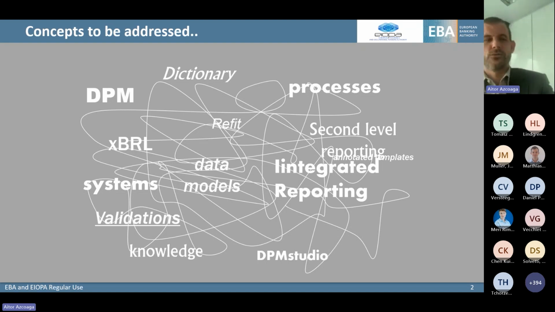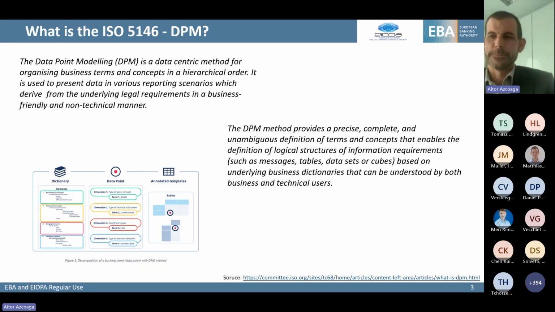I hope that we are going to be able to give you a little bit more clarity, and in particular for the data point model 2.0, what we are doing. Basically, I want to start by defining that the data point model is a methodology, a modeling technique. There are other techniques in industry for databases, let's say, entity relationships. You also have SDMX that is very used for statistical data. There are several modeling methodologies that we can use depending on the scope.